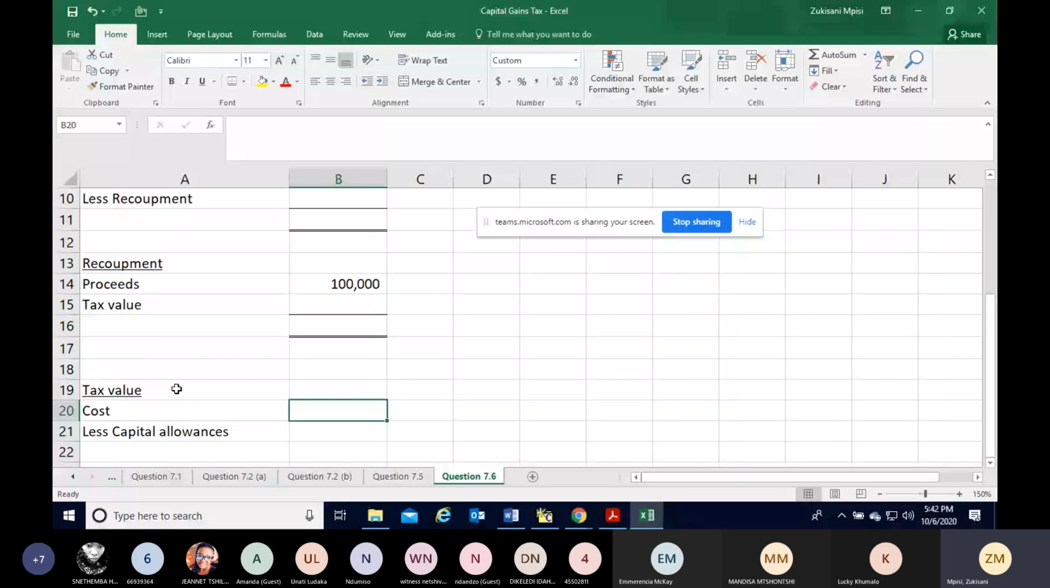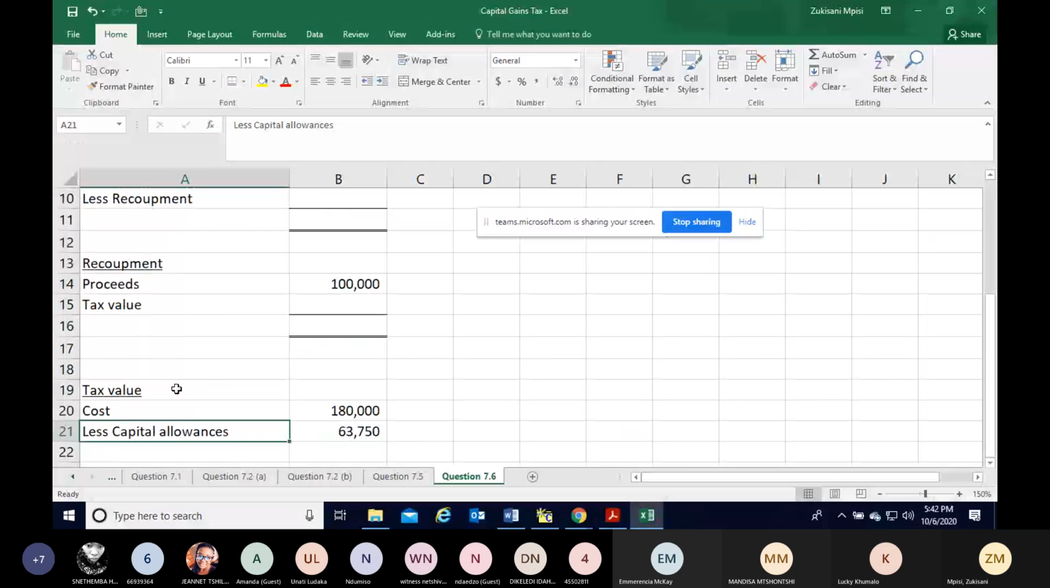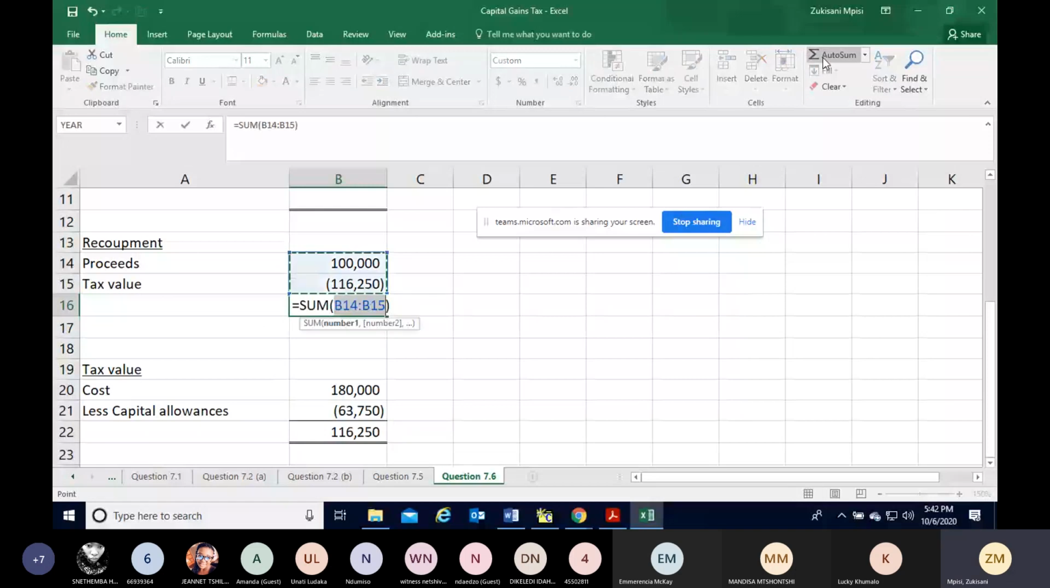Right? The cost, we are told, is 180,000. Capital allowances, we are told, is 63,750. So we've got a tax value that is 116,250, which means that the tax value here is 116,250. So the amount that you get here is